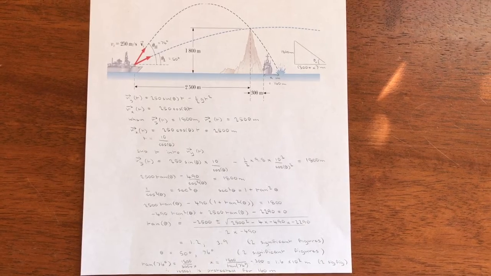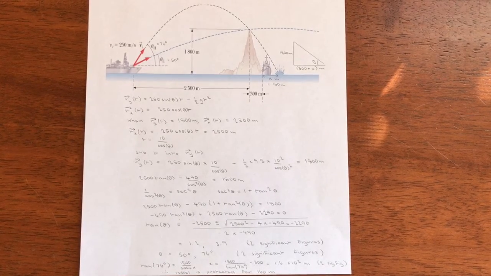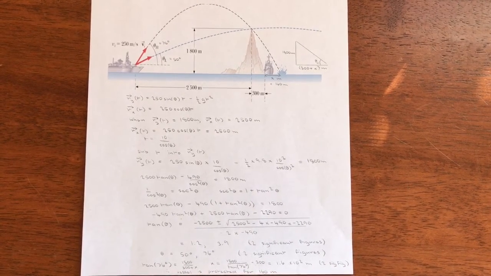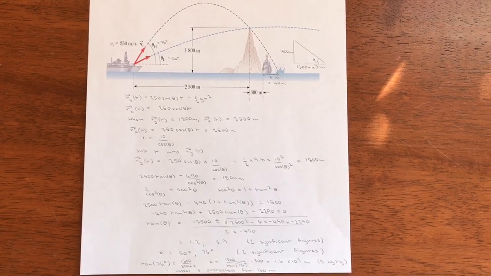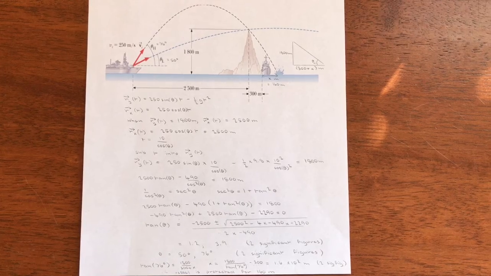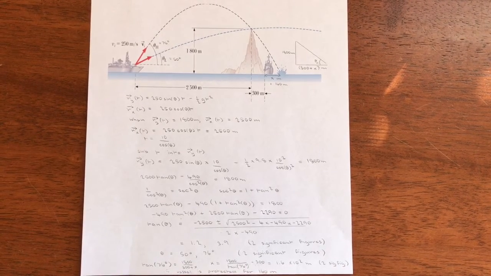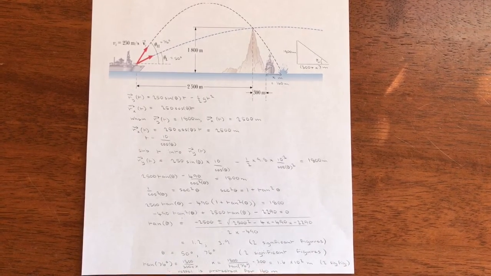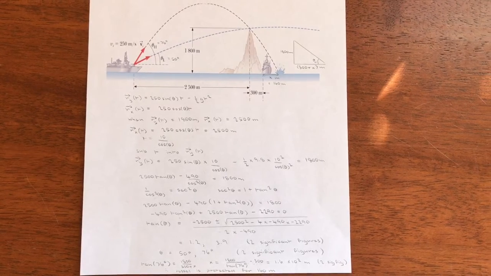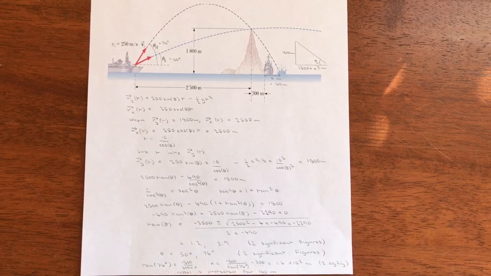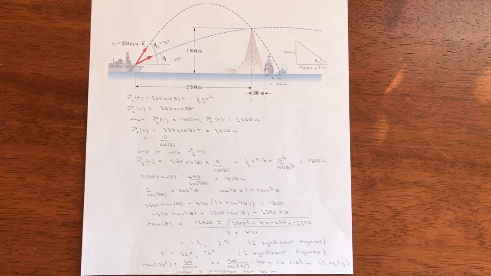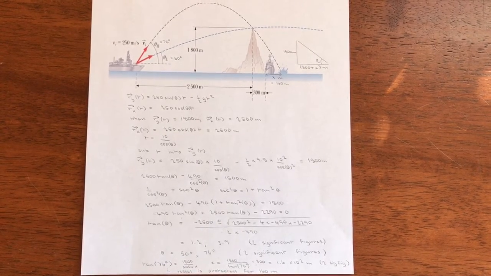We can use the equation for the x position, and equating that equation to 2500 meters, we can find that the time at which this occurs, the time at which the projectile passes the mountain, will be 10 divided by cosine theta. Substituting this time back into the equation for the y position, we then obtain an equation for the